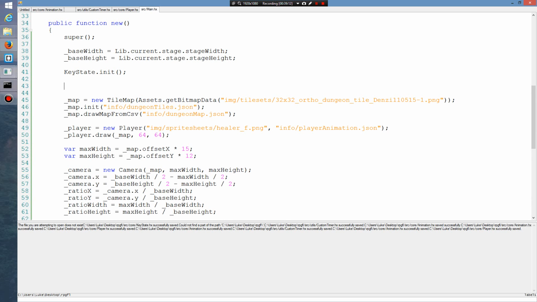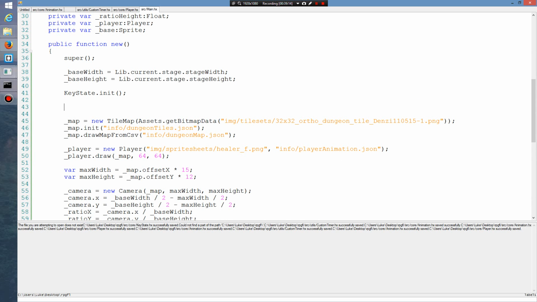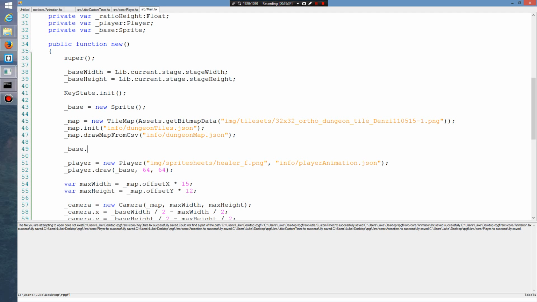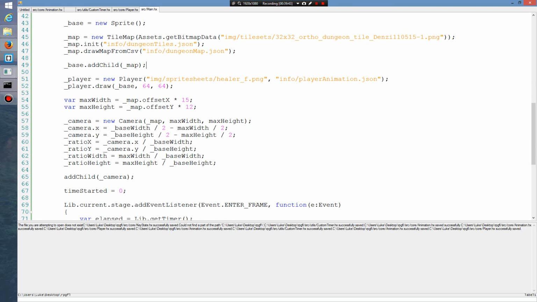So what I want to do is create the sprite, and instead of adding the player to the map, we're going to add it to the base, and we're also going to add the map to base as well. So once we've created it, we're going to say base dot add child. That's going to be map, and then we're going to add